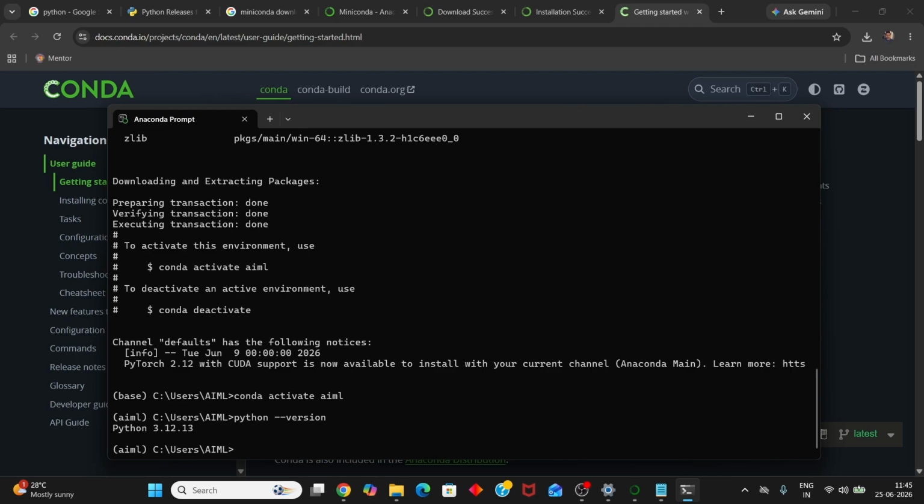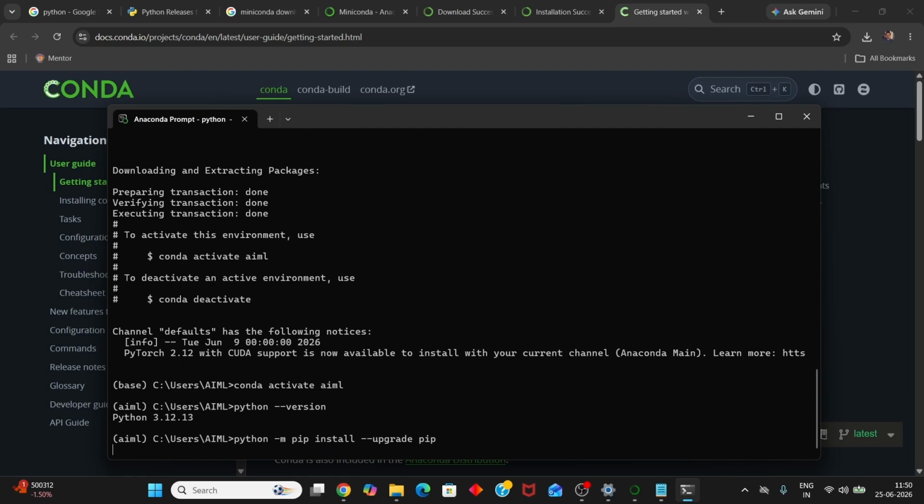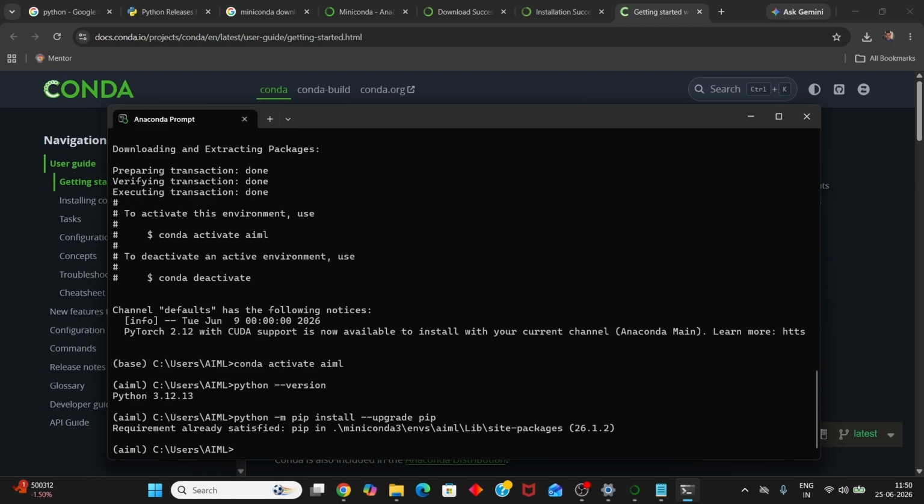Now after activating our environment, we must download the libraries required for our project. We will use pip. Before using pip for installing the libraries, we must always upgrade the pip. We must always upgrade the pip. Okay. Now since the pip has been upgraded, now we will install NumPy, Pandas, Matplotlib, Scikit-learn, Jupyter